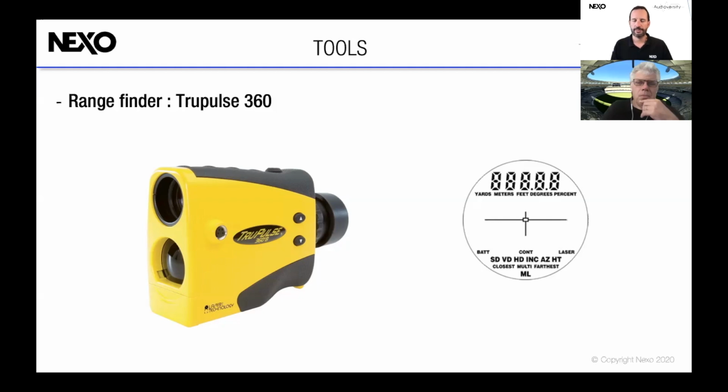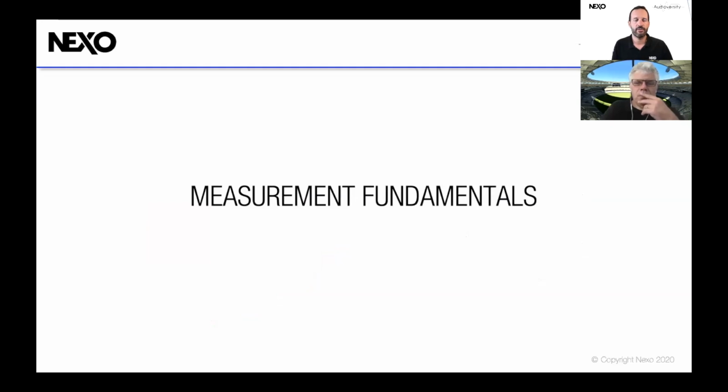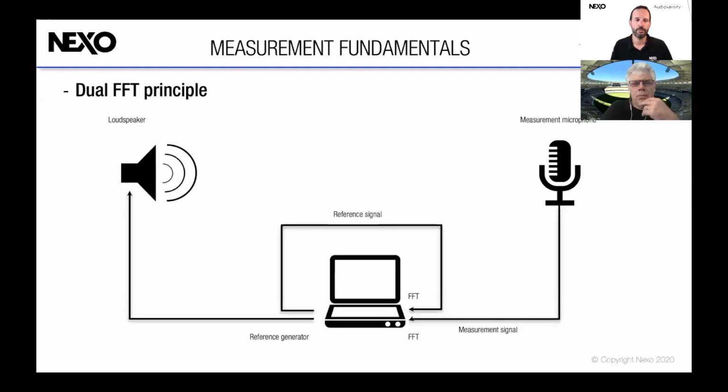Right, so let's carry on, and let's have a discussion about measurement fundamentals. I will start with the explanation of how we can do any measurements. If you run dual FFT principle, so fast Fourier transform, this is more or